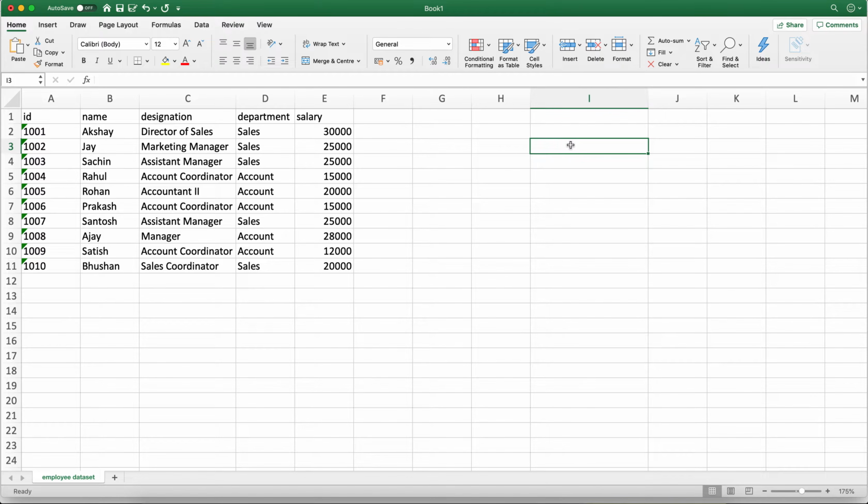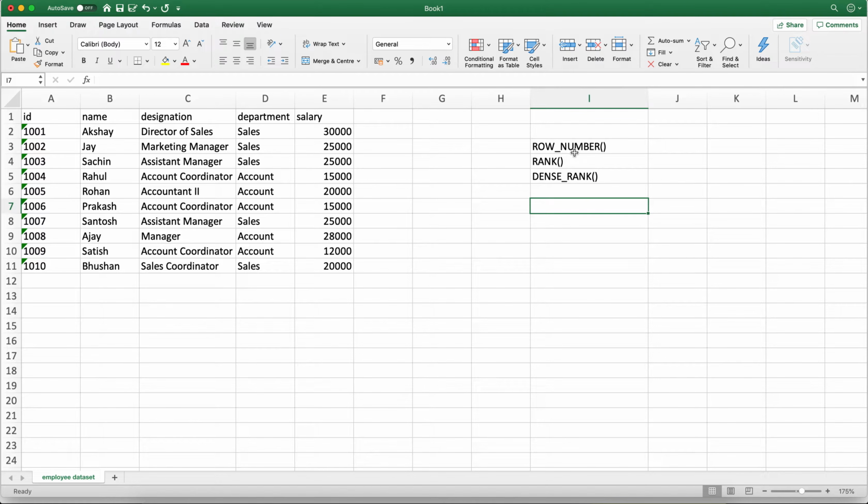Now, there are a number of analytical functions present in Hive, but the most used ones are basically three. The first function is row number. Then we have the rank analytical function, and another one is dense rank. So these are the three analytical functions that are mainly used in Hive, and in this video series, we are going to see these three functions one by one.